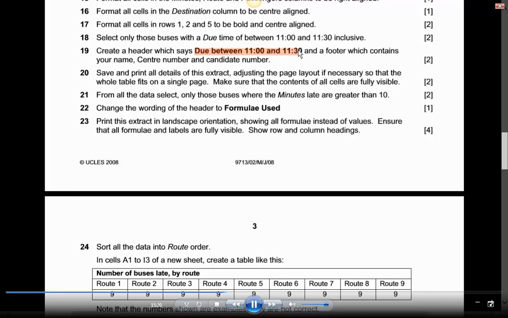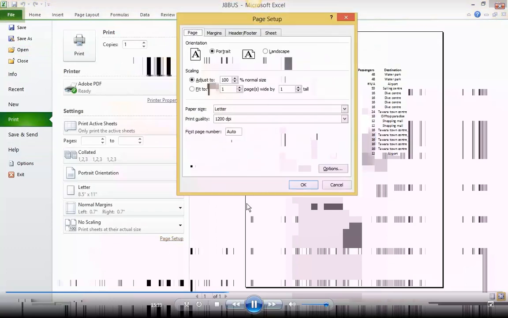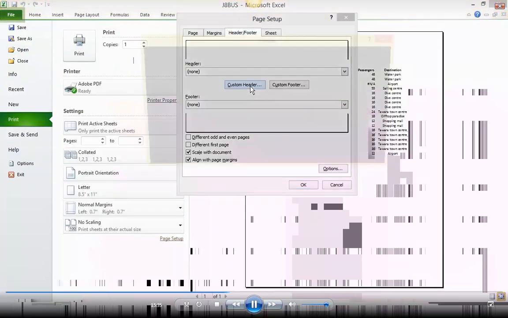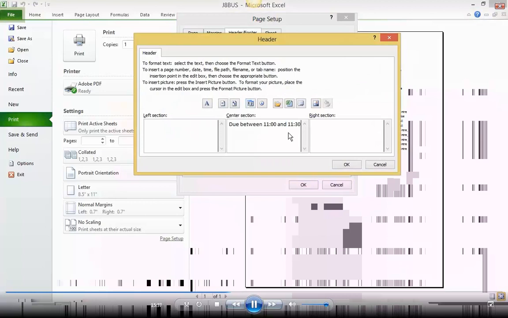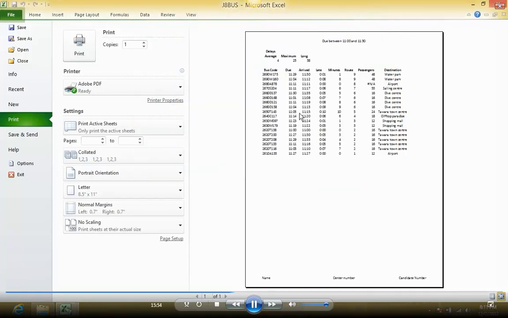Right, create a header which says this, and a footer which contains your name, center number, and candidate number. So what we'll do is we'll go to file, we'll go to print, we'll go to page setup, header footer, custom header, we'll have this. Okay, we'll come to custom footer. You can have your name, your center number, and you can have your candidate number. Right,